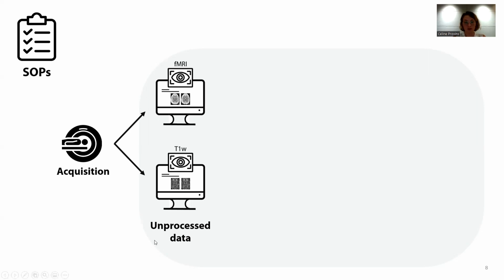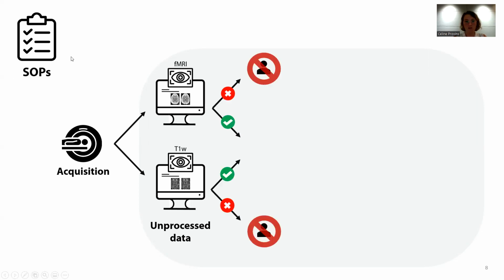So based on visualizing your data, you verify whether the subject fall under the exclusion criteria that you have defined in your standard operating procedure. And if they do, you have to exclude them. But if they don't, if they are of good quality, it's all good, you can move forward. And here I would like to distinguish two different aspects of vetting the quality of the data. The first aspect I would like to highlight is quality control. So you have a given set of data and you eliminate the subject so that they do not bias your